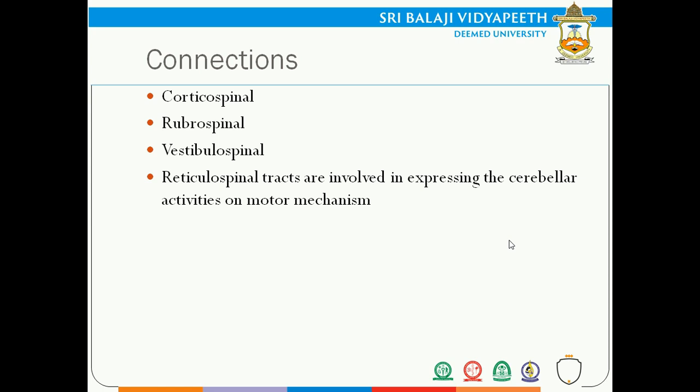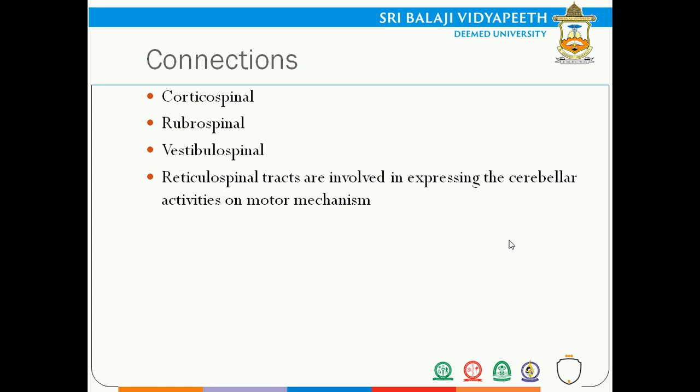We call it descending because the direction of the tract is downward, from the cerebral motor cortex up to the peripheral receptors which are present in the limbs. The opposite to this is the sensory tracts, otherwise we can call it afferent. Afferent means sensory. All these three terminologies are the same. I can either call the motor tracts efferent tracts, or I can also call them descending tracts. I can call the sensory tracts afferent tracts, or I can also call them ascending tracts. Is it clear? Right.